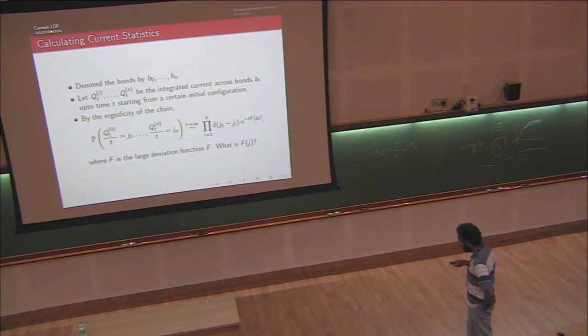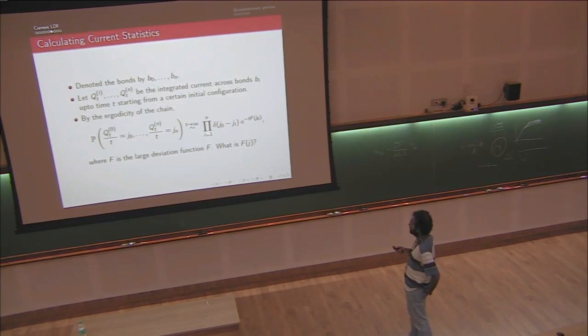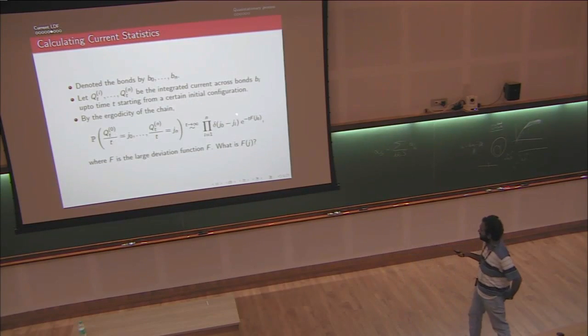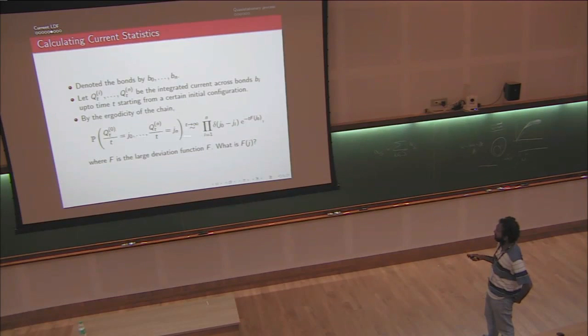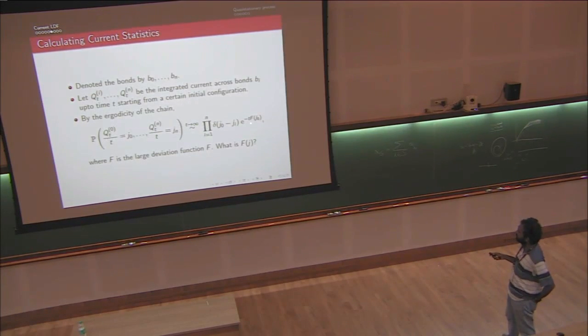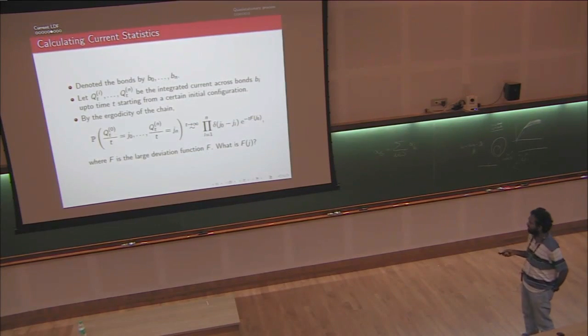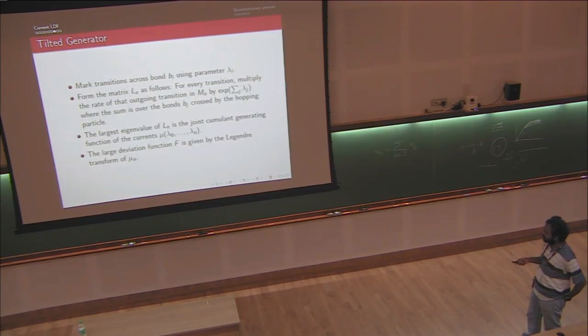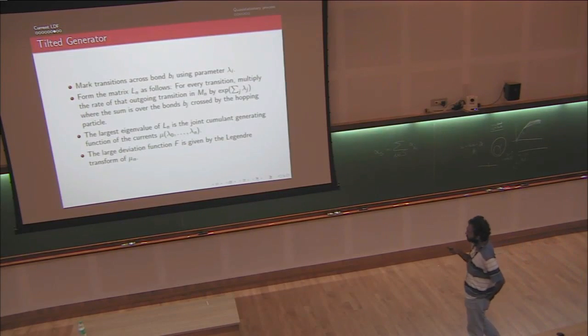Well, because the chain is ergodic, from some general mathematical nonsense, you can argue that in fact all of these have to be correlated. They have to be all the same in the long time limit, and they depend on a single function that's going to come over here, which is known as the large deviation function. And the question is, what is this for this model? And experts already know the answer to that, but let me tell you what the technique is.